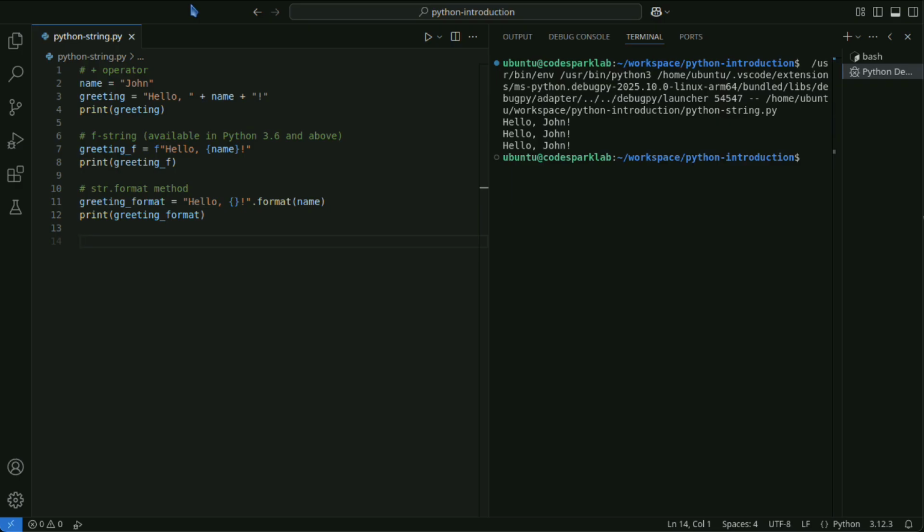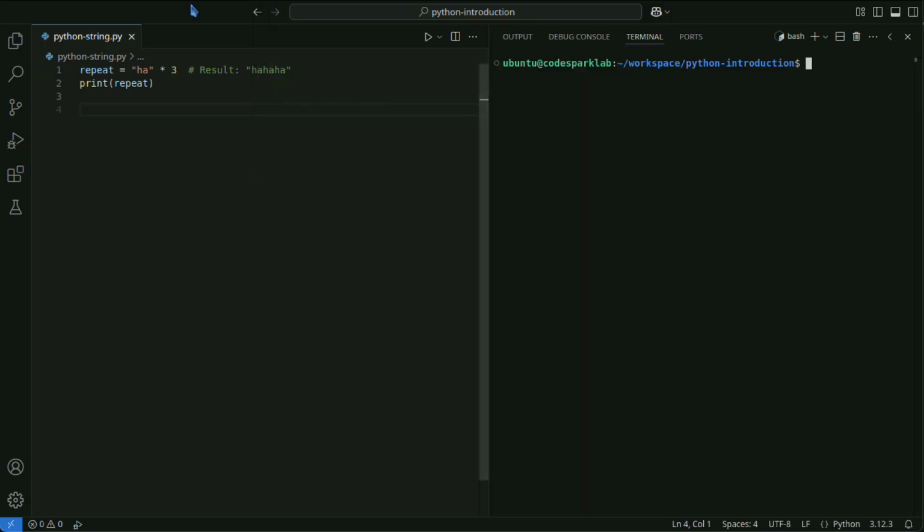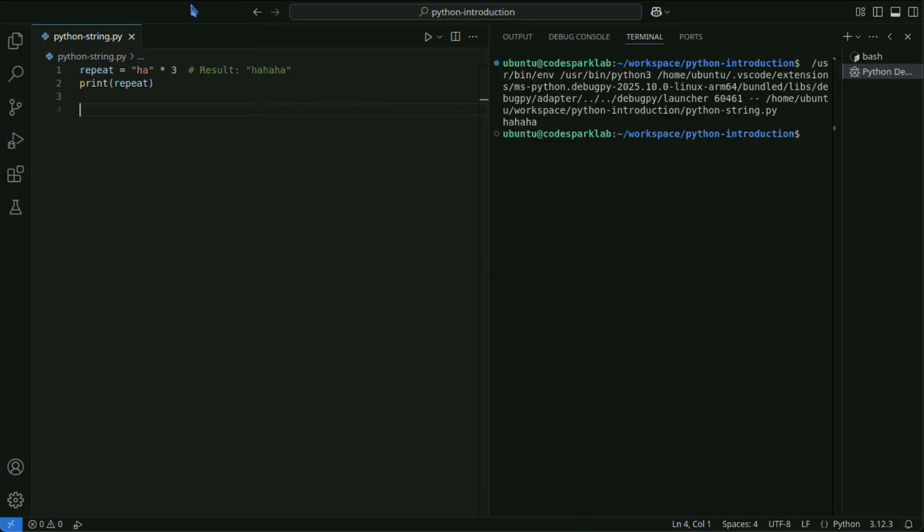To repeat strings, use the asterisk operator. This code demonstrates how to repeat strings in Python using the asterisk operator.